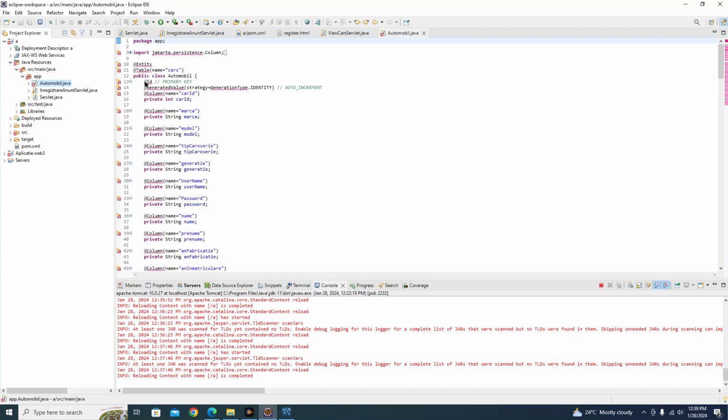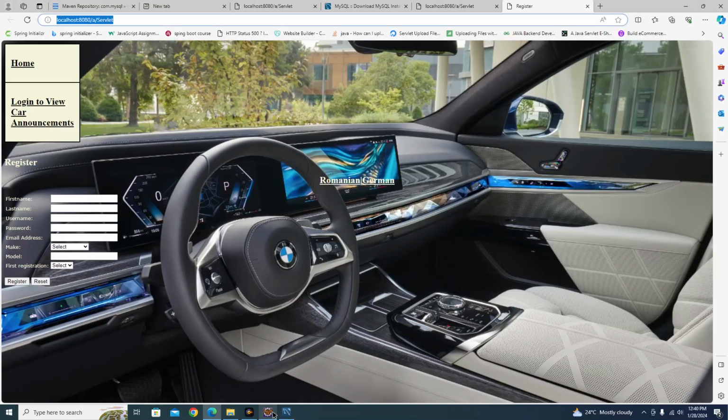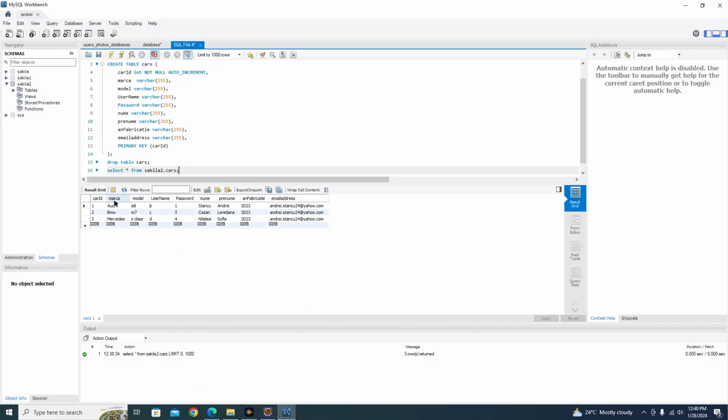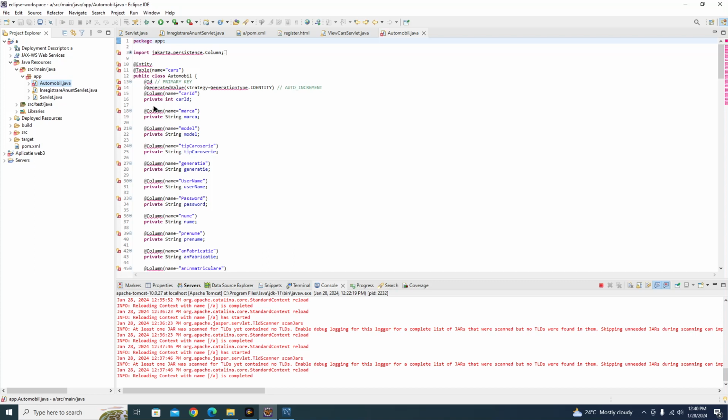So what I need is this annotation around ID, around generated value, strategy generation type identity. This one is for, because this field is auto incremented, so I need this line also, and I also need this annotation @Column and the name of the column from the database, and